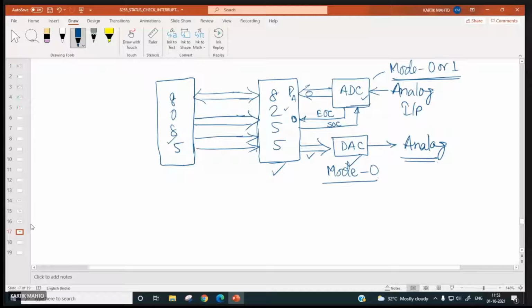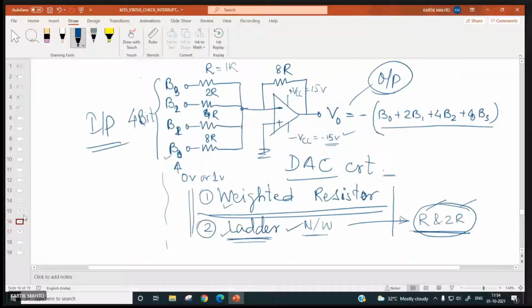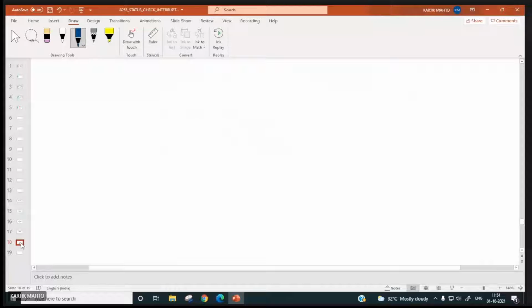Okay, it is up to you how you program. When you enter into mode 0, you have to do these things separately first, then you make the attempt of this. That I will take you through later. So I think your DAC concept is clear now. I can move to the next level. Yes? Yes, sir. Any doubt? Any question? No question, no doubt. No, sir.